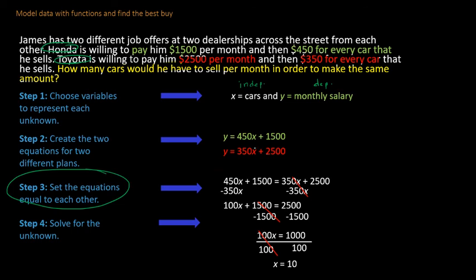So if they give you a number to actually plug in for X or for Y, you can evaluate it just the way you think you would. So in my example, I said, pretend he sells 15 cars, which place will give him a better paycheck? You would just sub in 15 for X, the number of cars sold, and then you could solve and compare. And the same thing for this other one, I could do 350 times 15 plus 2,500, right? I could do both of these, simplify them, and then